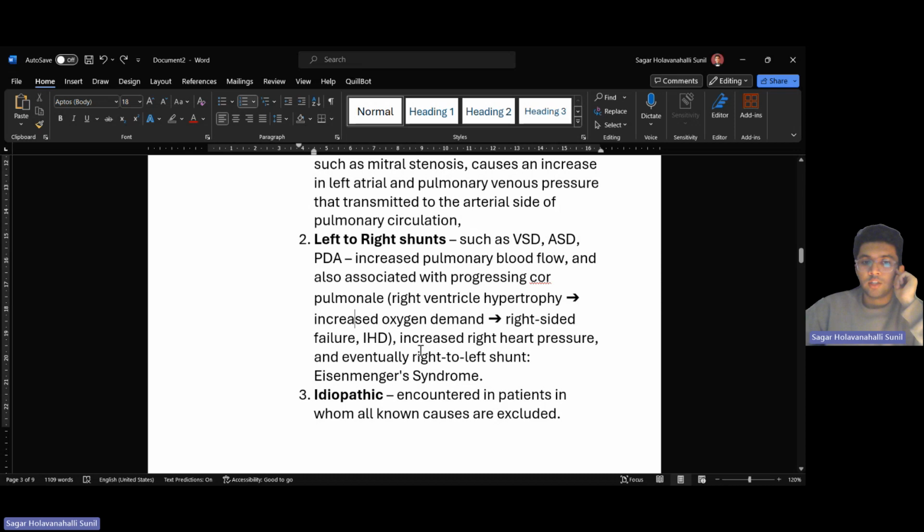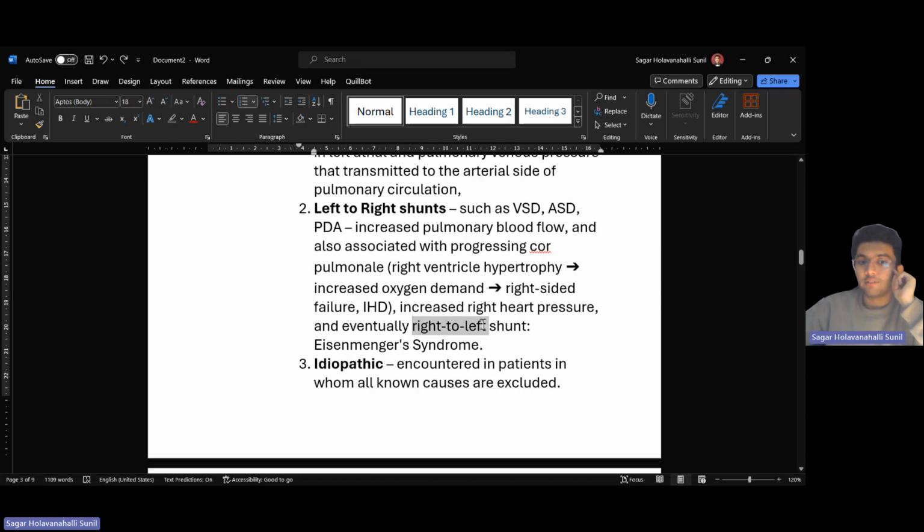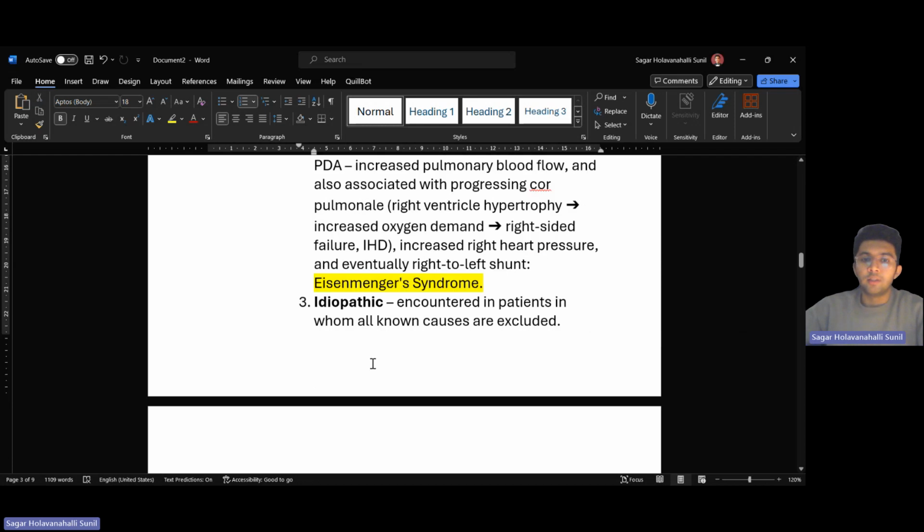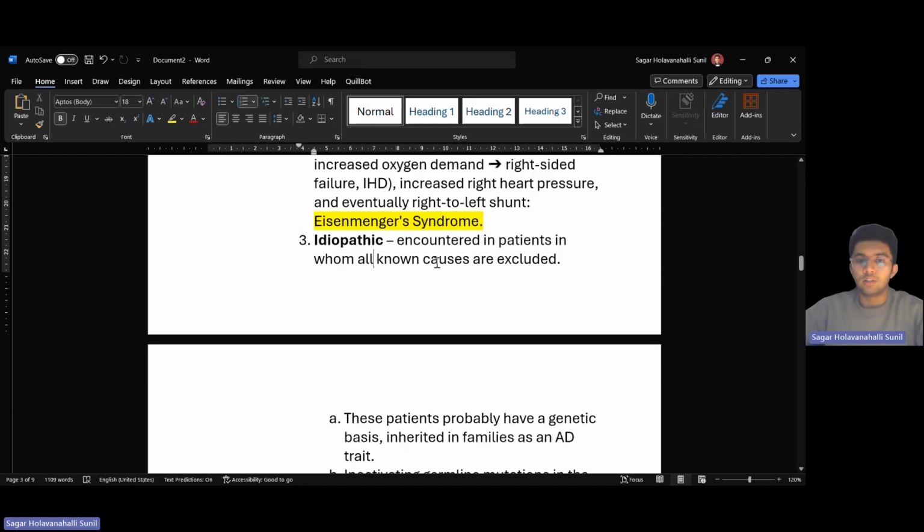And then you also have a right to left shunt eventually, right? So from left to right shunt, the blood pressure on the right side of the heart becomes sufficiently high to now cause a right to left shunt. And that's called Eisenmenger syndrome. I hope I haven't butchered the name, but yeah, you get the point. And you have some idiopathic cases, right? So you exclude all other causes, and what you're left with is an